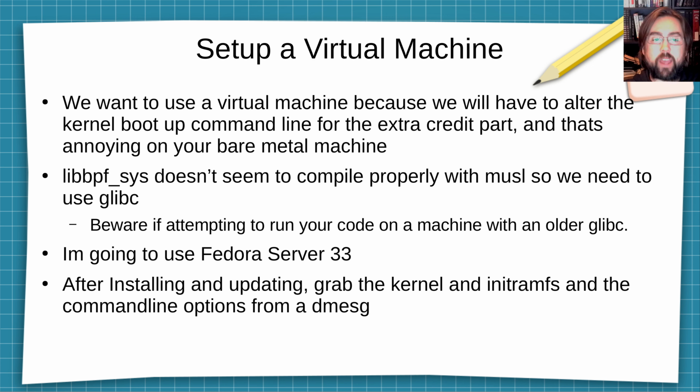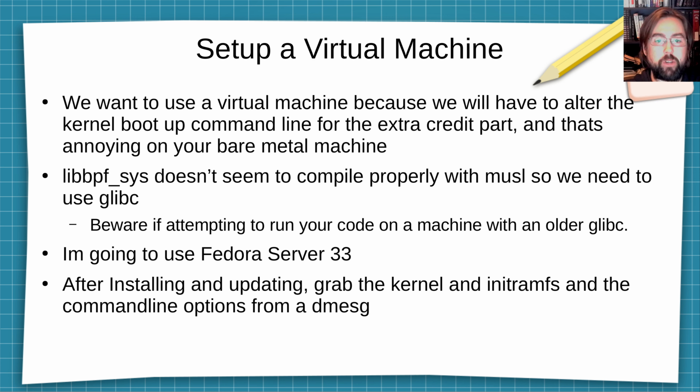And I'm pointing this out because while our BPF code is going to be CO-RE, which means compile once, run everywhere, our Rust code, which uses libc, is not going to be compatible with older systems. So for example, because I'm coding this on a Fedora 33 machine, it's not going to be compatible with